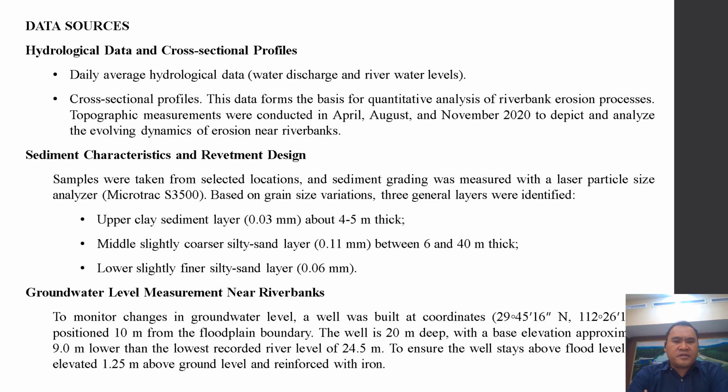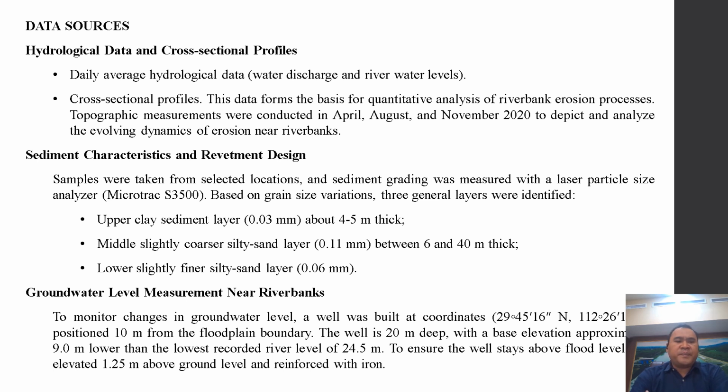The second data is sediment characteristics and revetment design. Samples were taken from selected locations and sediment grading was measured with a laser particle size analyzer, a tool called MicroTrac S3500. Based on grain size variation, three general layers were identified. One is the upper clay sediment layer, 0.03 millimeter, about 4 to 5 meters thick in the field, and also the middle slightly coarser silty sand layer, 0.11 millimeter, between 6 and 40 meters thick in the field, and then the lower slightly finer silty sand layer,